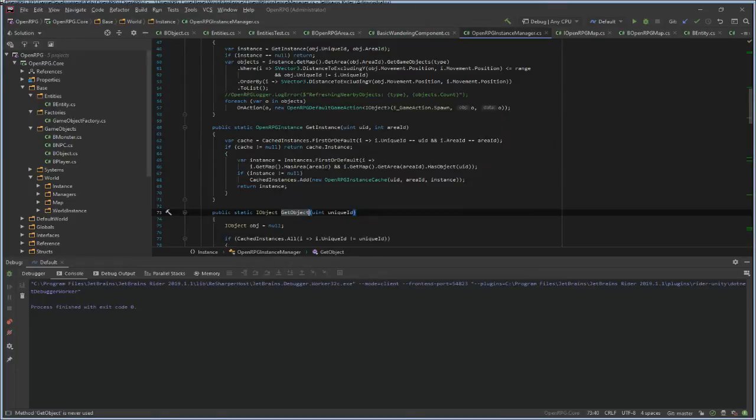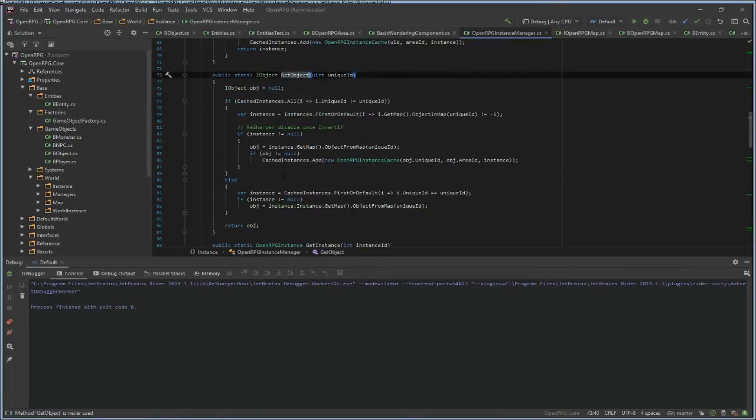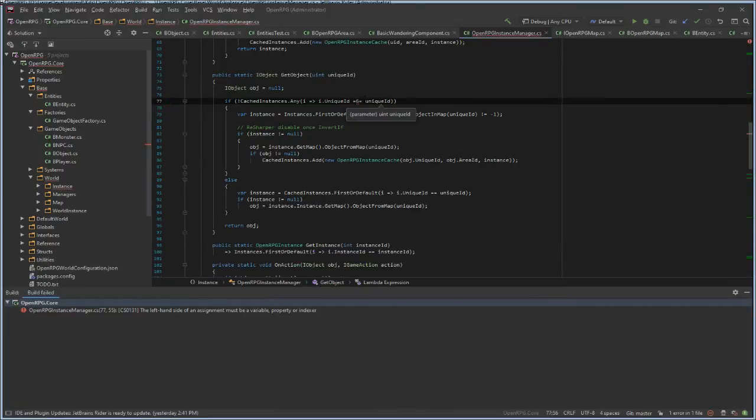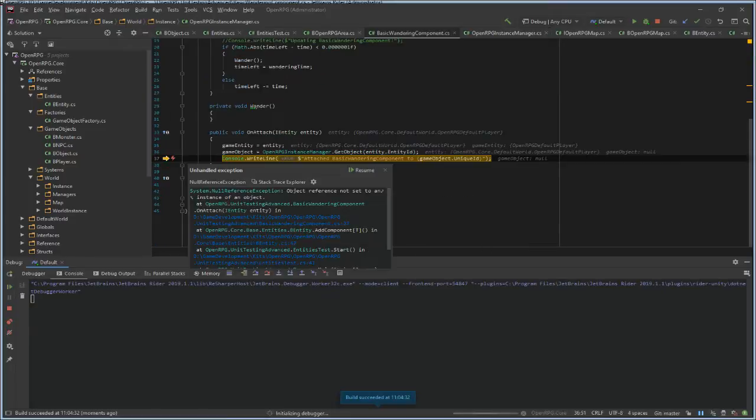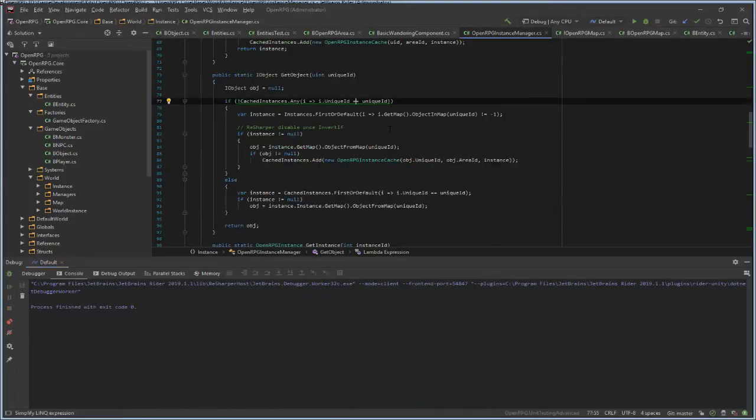Huh, nice. If no object, does this even make a difference? I think it's the same. Yes, it is the same.